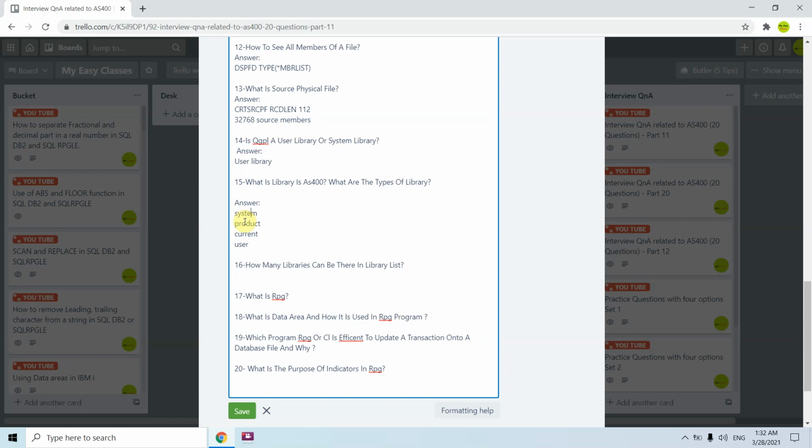The current library is the library in which you are doing your changes and creating objects. A user library is something which we create using the CRTLIB command, so it does not start with Q and does not start with hash.